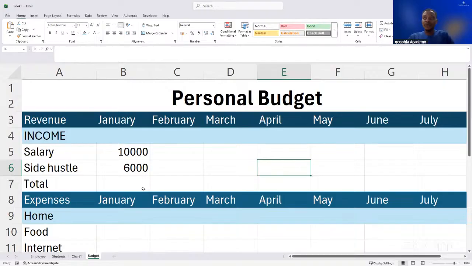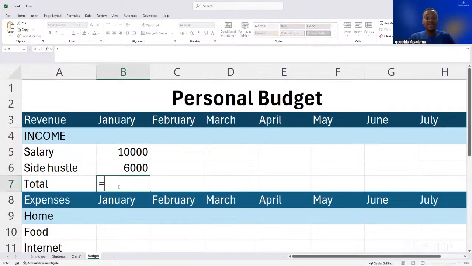To calculate the total this person has earned for the month of January, the only thing we need to do is simple. We come into this column where we are supposed to put the total earning or total revenue for the month of January. And then we type equal to. That's the first thing. If you are using a function, if you are using a formula, you must start it with equal to. After that, all you just need to do is either call a function or do basic arithmetic. We are going to work with the two. So let's take a look. Now that I said equal to, Excel knows this person wants to use either a formula or a function. So all I need to do is simply